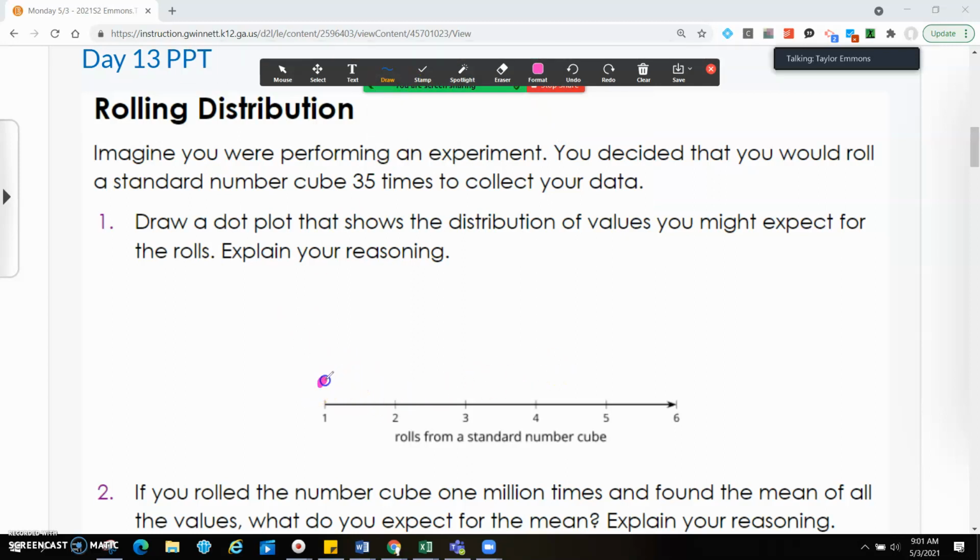We might get 1, 1, 2 6s, one of each, one right here. Something like this. So we have at least one roll for each number, okay? And then we would have like a bunch for one number and then a few for the other, okay? And the reason why that's going to happen is, over time, we'll hit each number, but we're going to have